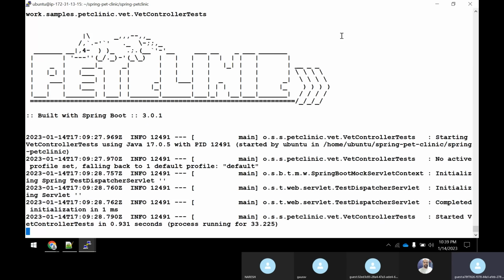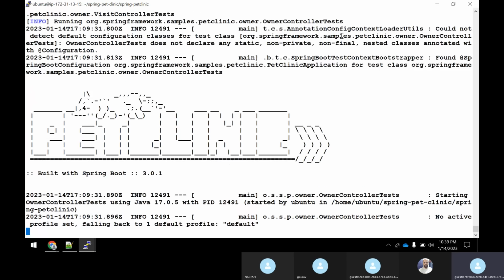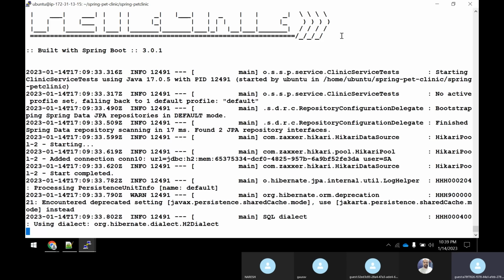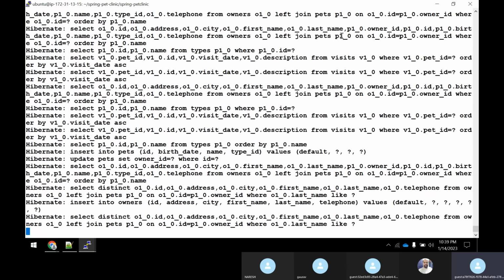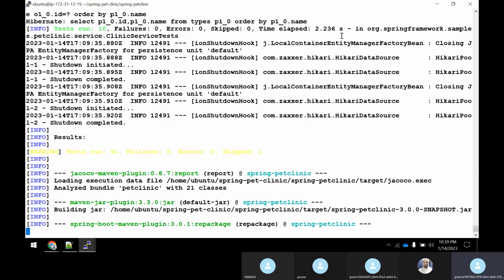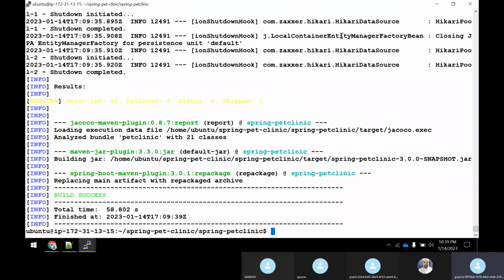Getting the information for some other build tool is not a big thing. Once you learn one tool effectively, like Maven, learning any other build tool will become a cakewalk for you. You just have to Google everything and learn very fast. So you could see that mvn package has built a package, and the Spring Pet Clinic jar has been created under the target directory. This we know very well.